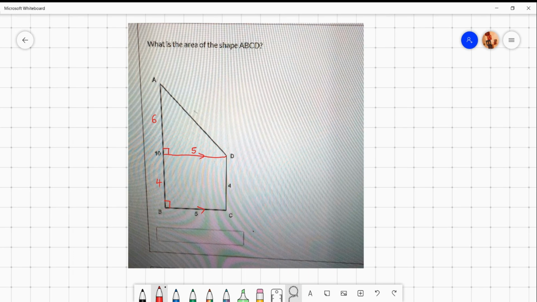So the area of the shape is going to be obtained by finding the area of the triangle and adding it to the area of the rectangle at the bottom. So the area of the triangle is obtained